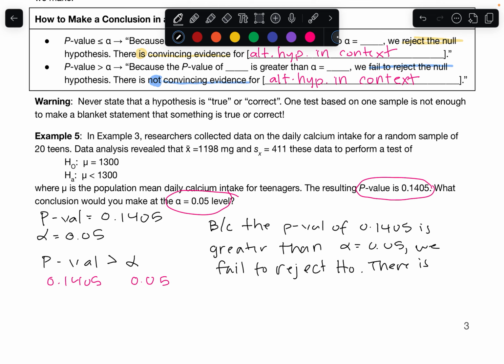And if I fail to reject, there is not convincing evidence for